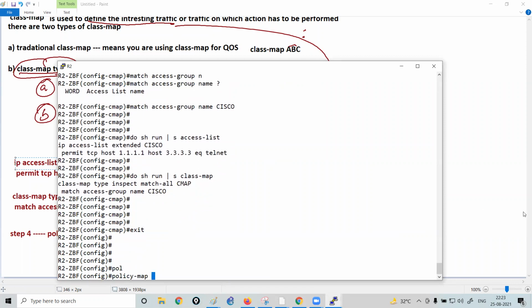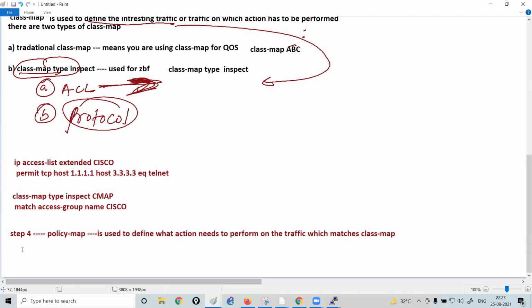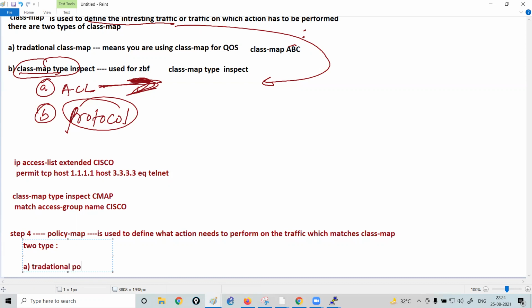Again, the policy map is of 2 types. First of all, the traditional policy map used for QoS.